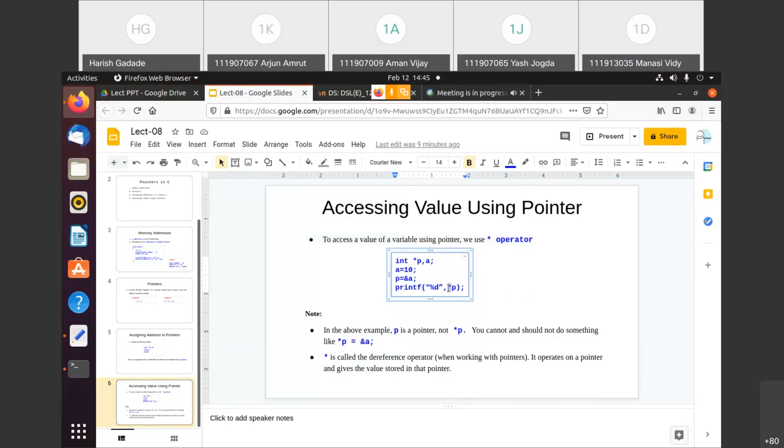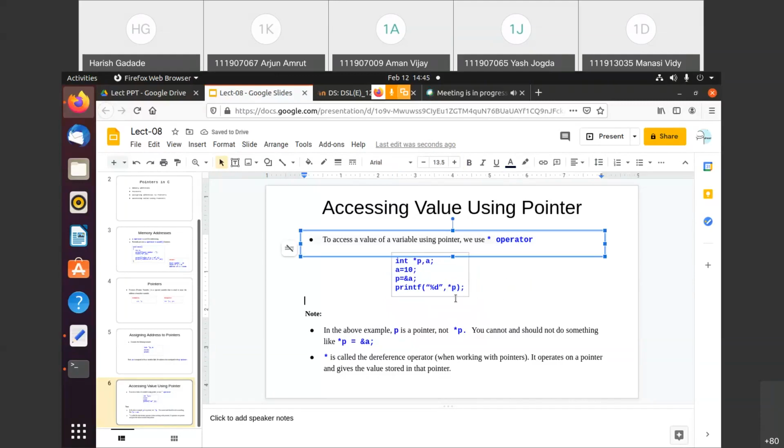Getting this? Star p means pointing to that address. So whatever address is stored in this p, this star will point to that address, and whatever value is stored at that address will be printed over here. So the output is 10 over here.